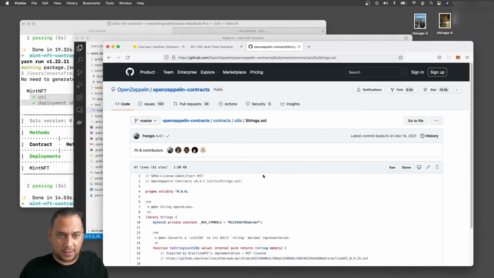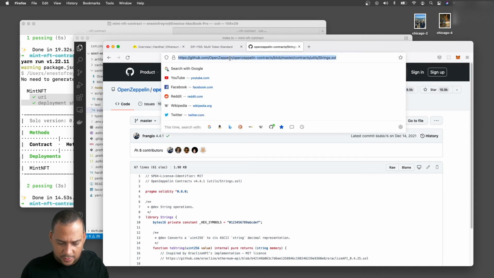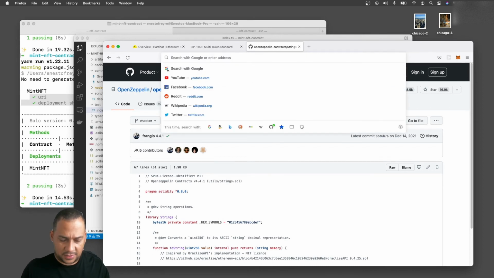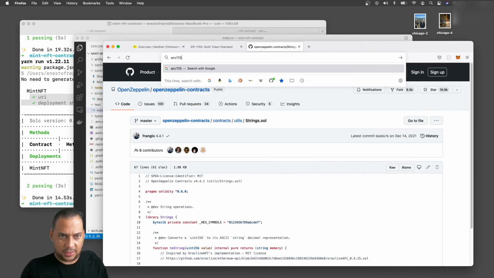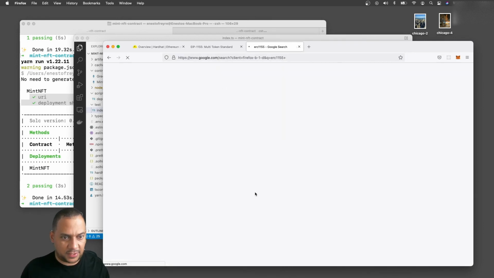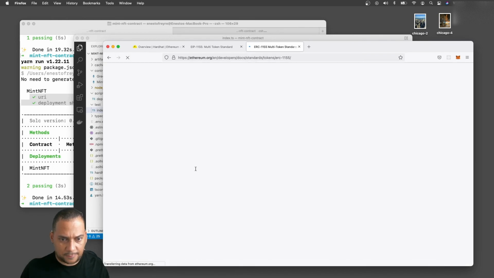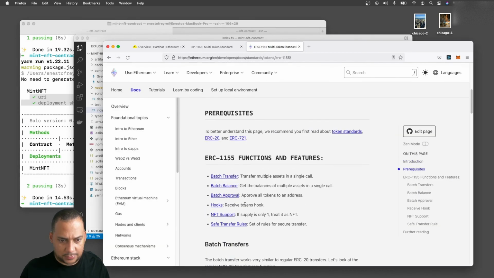That's one of the nice things about ERC 1155. So OpenZeppelin, oh actually we don't need OpenZeppelin for that, it's just the 1155 specification. So let's read. And batch balance, yes, we have a batch balance function.